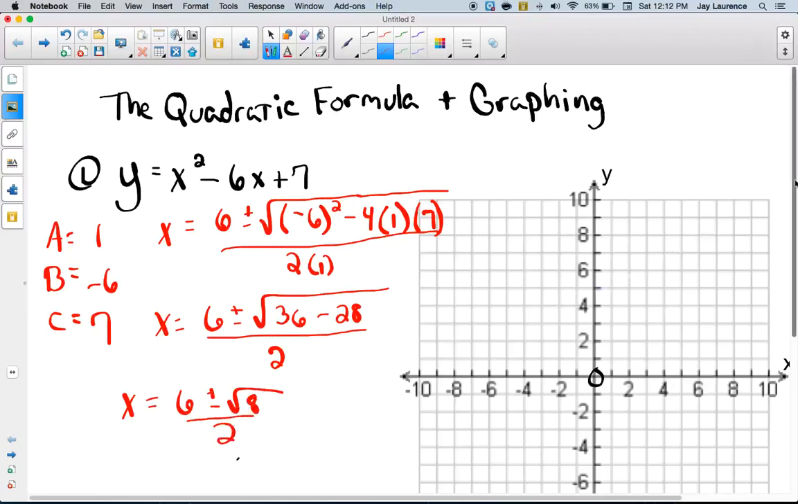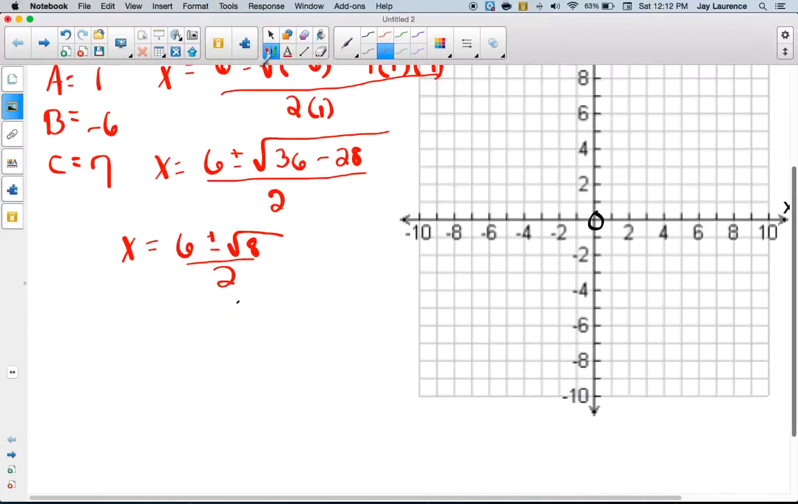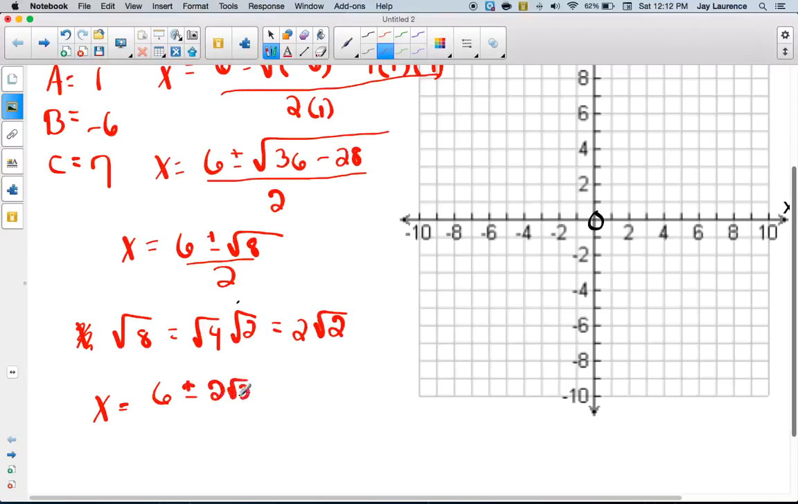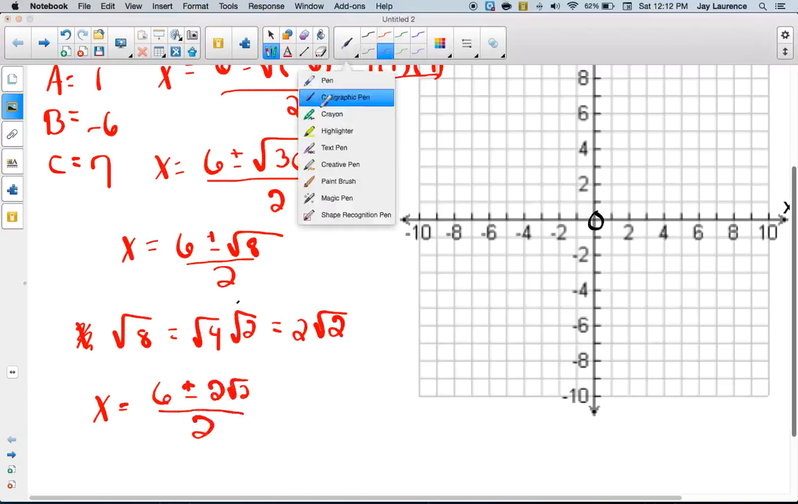I can go to a calculator at this point, but I'm going to simplify it just in case they want it in rad form. And you remember how to simplify rad 8? We've got to find a perfect square that is a factor of 8, and we would like to get the largest perfect square possible. I can think about the square root of 8 as the square root of 4 times the square root of 2. And the square root of 4 is 2, so square root of 8 simplified is 2 rad 2. So my two answers in exact form are 6 plus or minus 2 rad 2 over 2, but that can be simplified because the 6 can divide evenly,